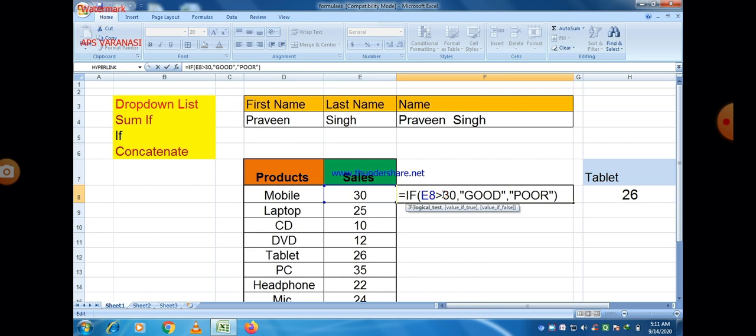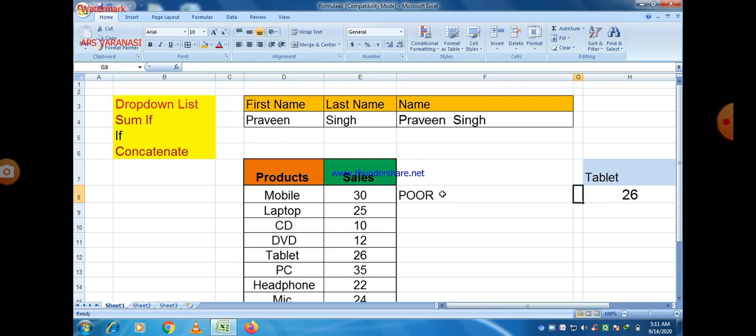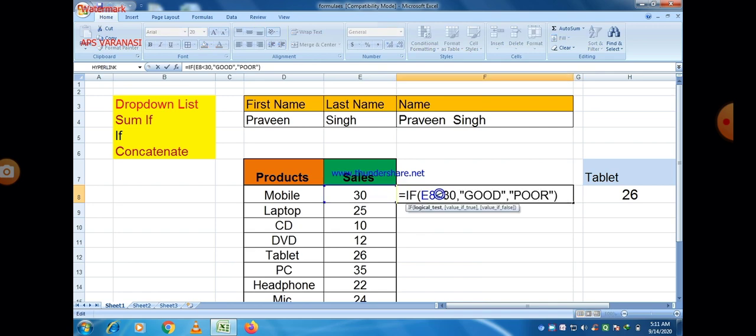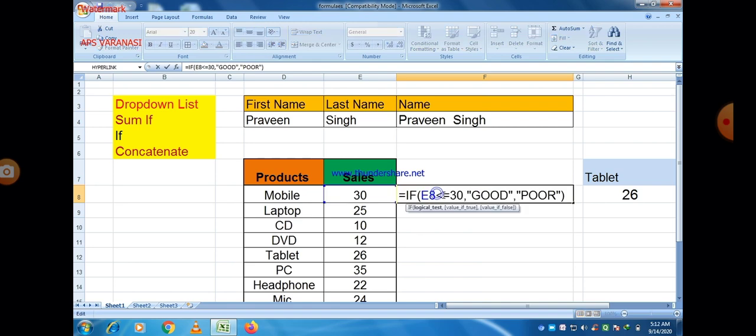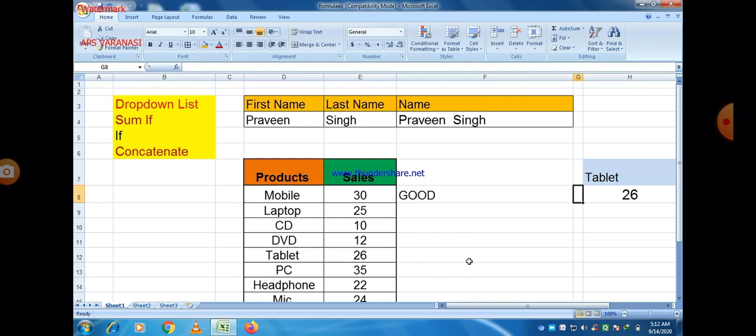And for less than or equal to, make the sign of less than, and after that an equal sign. This is the symbol of less than or equal to. And for greater than or equal to, make the sign of greater and then equal. This is considered greater than or equal to.